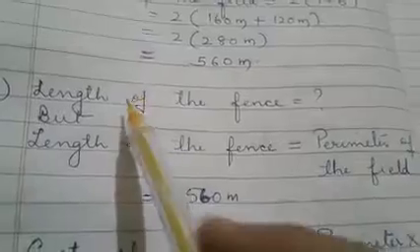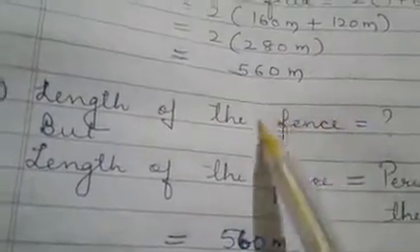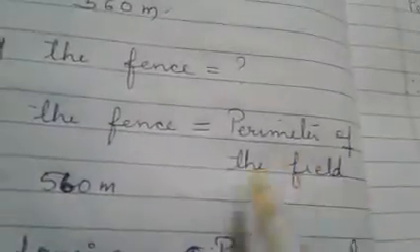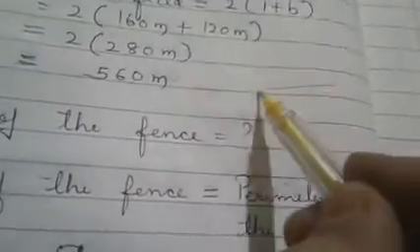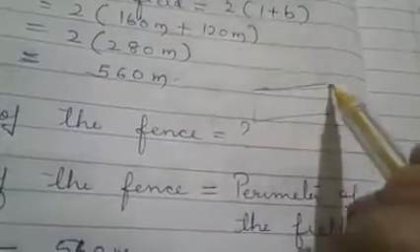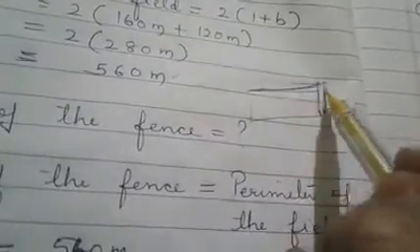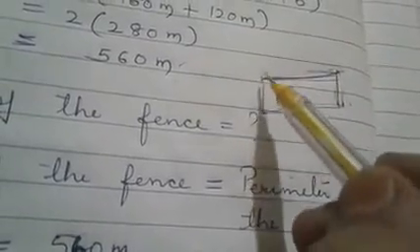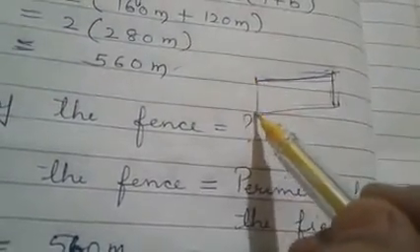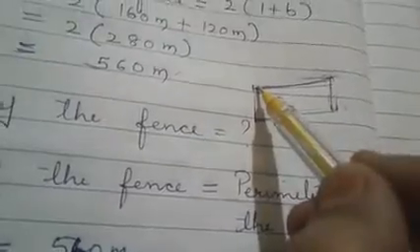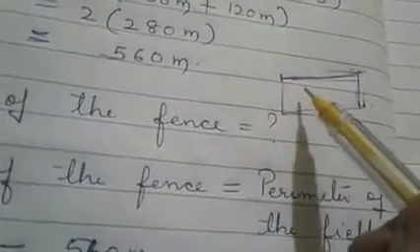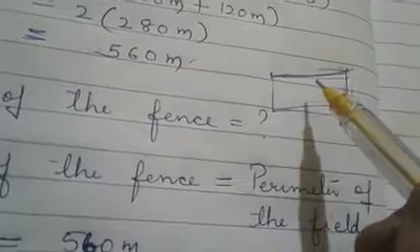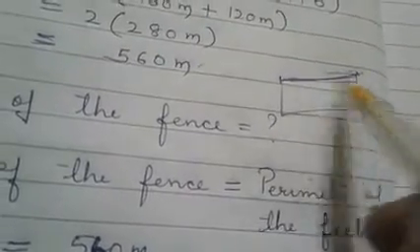Now the second question was, find the length of the fence required to enclose the field. You know that the length of the fence is always equal to the perimeter of the field. Now see, this is the rectangular field given in the question. So fence, you know very well. What is fencing? Wire is there and you have to start from here, then this wire comes here, then here, then here. It means it is the perimeter only. Yes, fencing means a wire which we put around a plot or a field.